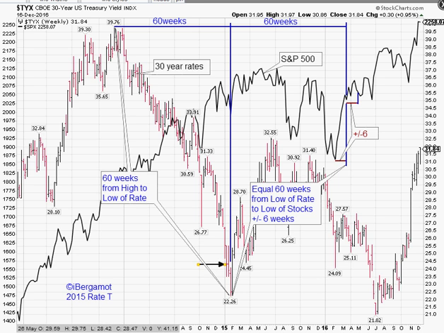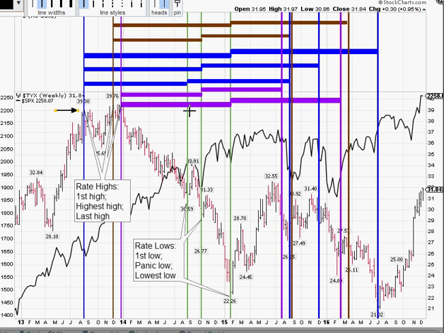Now, the T's, the equal time symmetry measurements, can be constructed in a variety of different ways. If we have these 3 lows with green lines, and we have 3 different highs: the first high, the highest high, the last high. That's 3 of them. And all the T's go in the same color. You can see that some of them pick even earlier lows quite accurately. In fact, two of them come in on a drop in